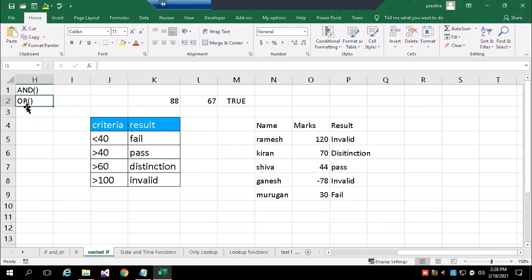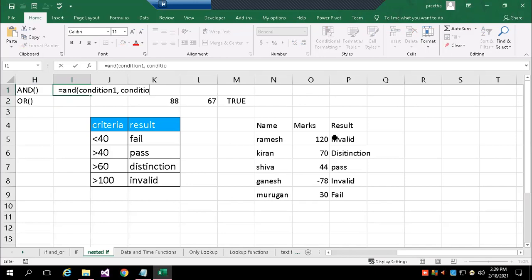In the formula, I can give condition 1, condition 2, or test 2, like this. We can give n number of conditions. After evaluating all of them, it returns true only when all the tests are satisfied.